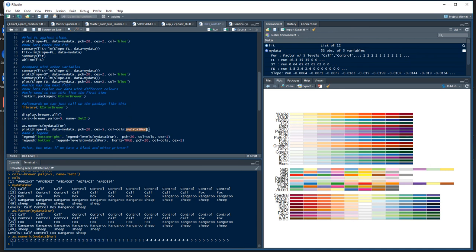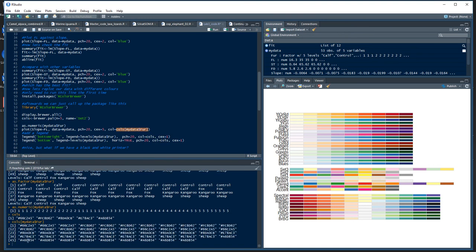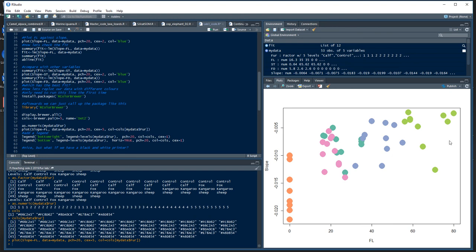When we try and call an index using these labels, R automatically figures out that I mean it to be numbers, and it's going to try and call that number from this group of colors. So remember, this is our colors, and so this is now going to create a vector of colors that are based on that fur number. So you can see here, all the calves are going to have the same colors. That's nice. And all the controls are going to have this other color. So I can now tell R to plot that data using the different colors, and we get something like this,